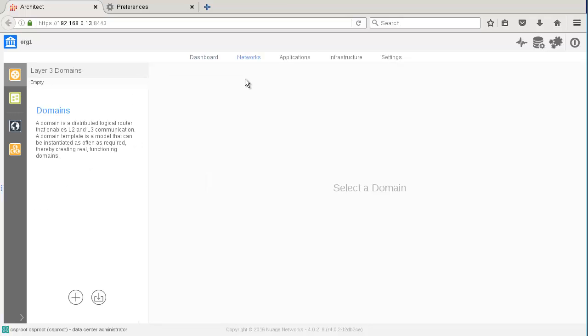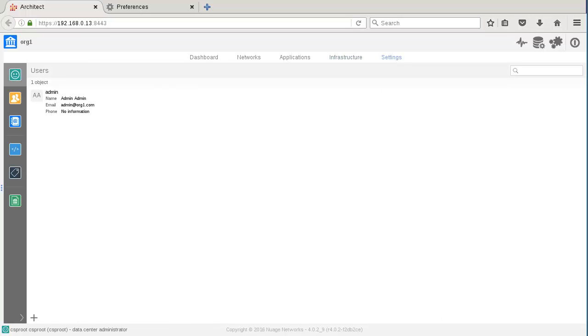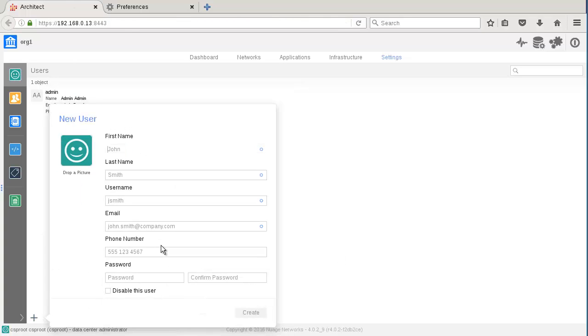Then you have the network. That's where we're going to spend most of the time. You can have some applications here, infrastructure, the one restricted to this tenant in particular, not the full infrastructure of the data center obviously, and some settings, and that's where I would like to start. I'm going to create a user. First one is going to be my designer. Okay,